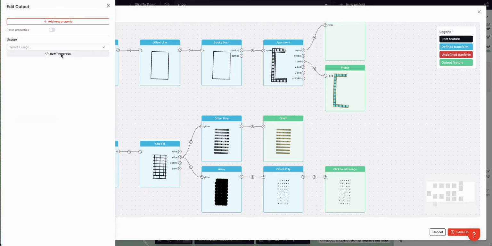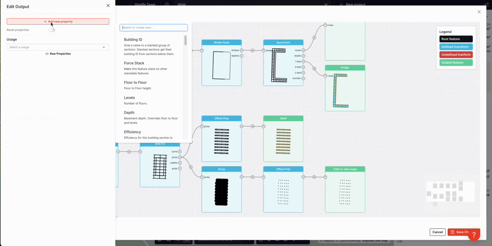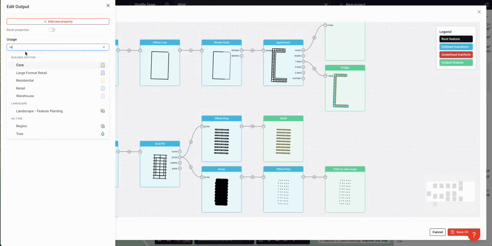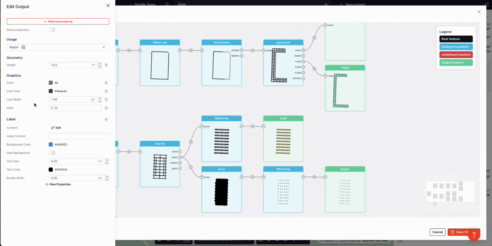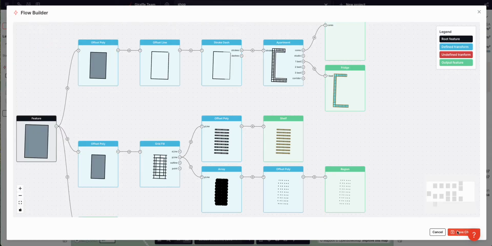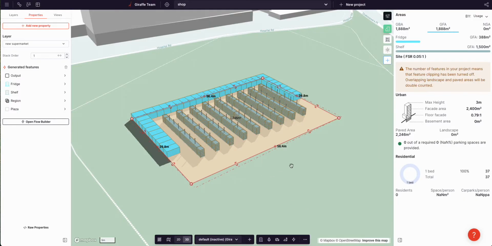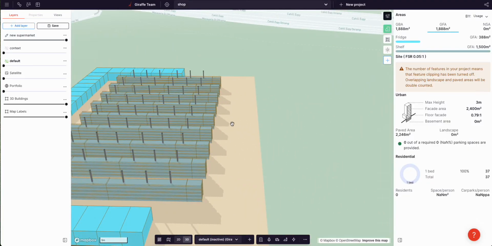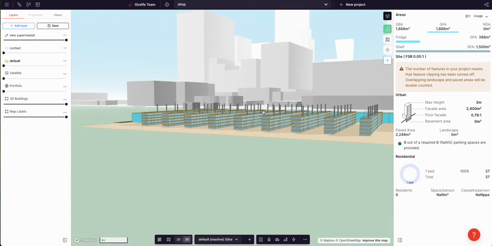We're not even going to add a usage, we're going to add a color and a height. Actually, we set the usage region, just region, which is this generic region. The height we can set to, say, 4 meters, and the color's the color. And if we save,